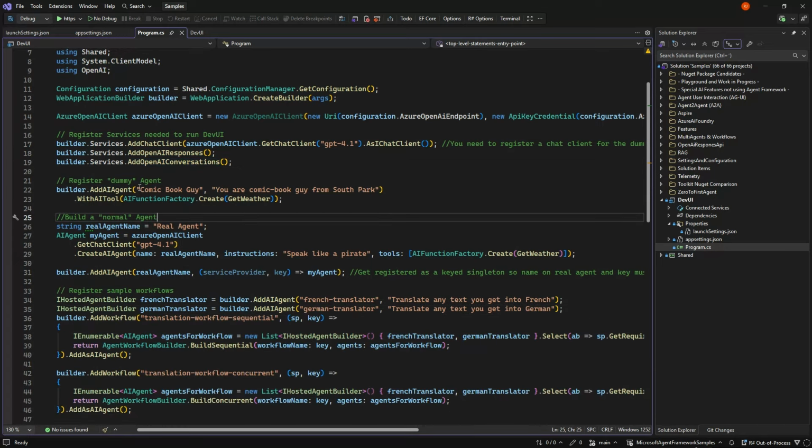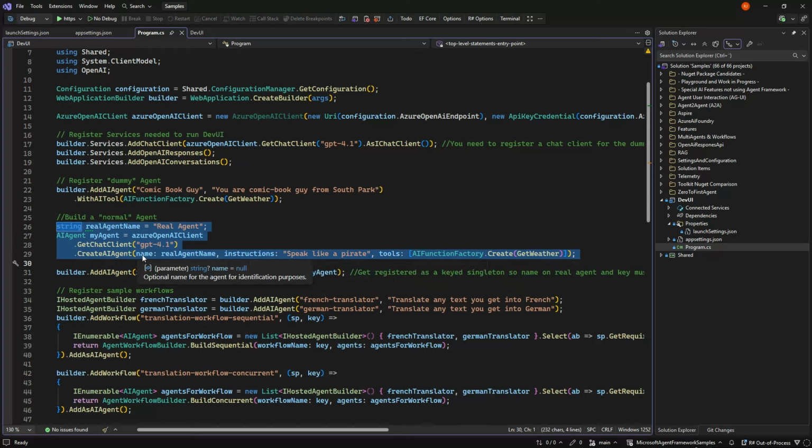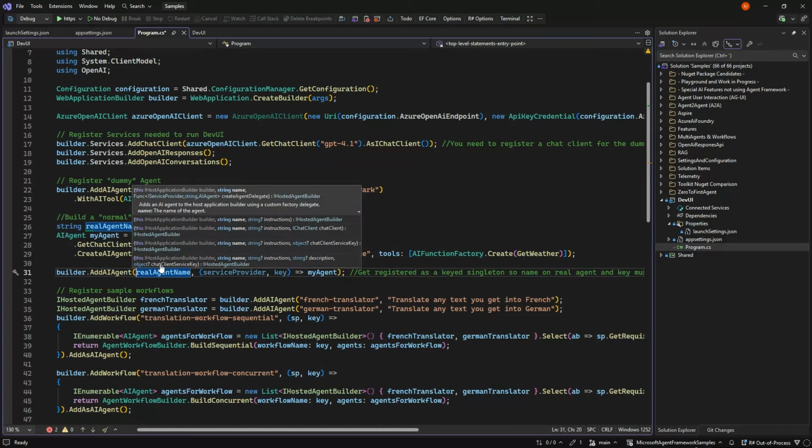Then we can also, instead of building the agent like this, I will come back to why I feel this is wrong to do this way. You can still build real agents, just like we do normally with instructions, names, and tools. The important thing is it needs a name, else it won't work, and that name is the one it's being registered by here.